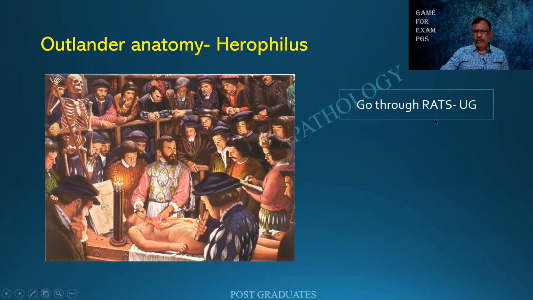I would very firmly advise you people to kindly go to my classes in RATS, the UG. I know what kind of stress the exam pages will be under. So go through infective endocarditis, aneurysms, atherosclerosis, rheumatic heart disease, pericarditis, and myocardial infarction. Go through all these classes. They are ready-made classes in which I would have shown a good number of pictures and given you an excellent source of theory. It might be for undergraduates, but if you answer that much, you are excellent. The next part of it shall tell us all.